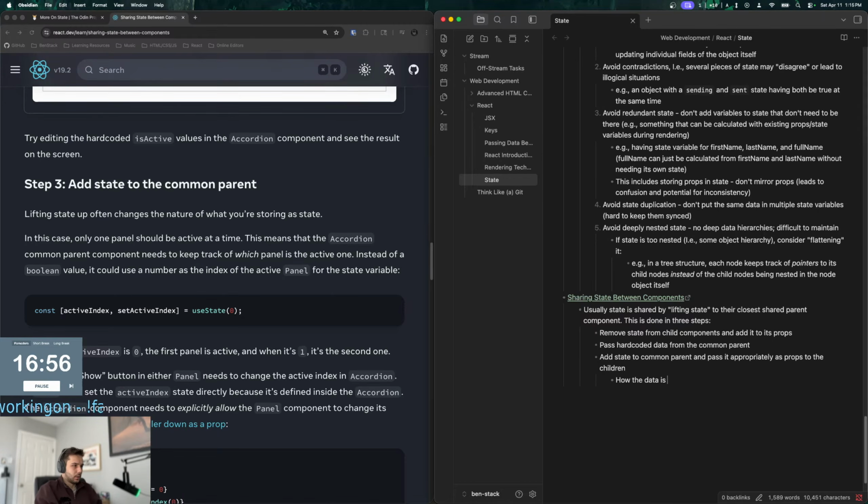How the data is passed depends on the desired behavior.